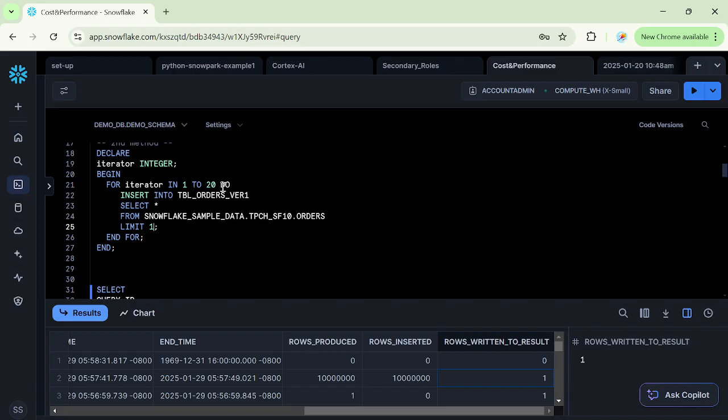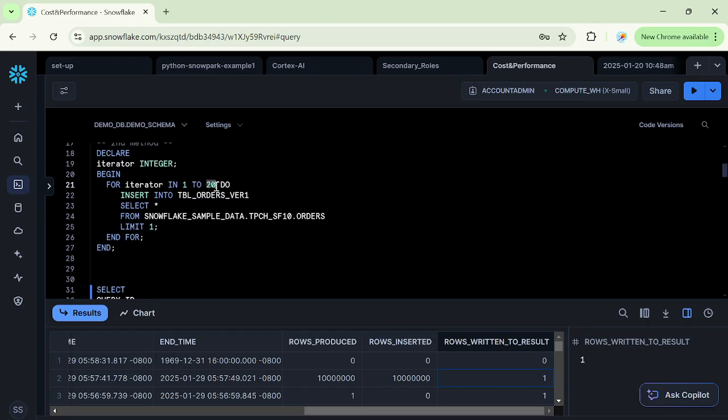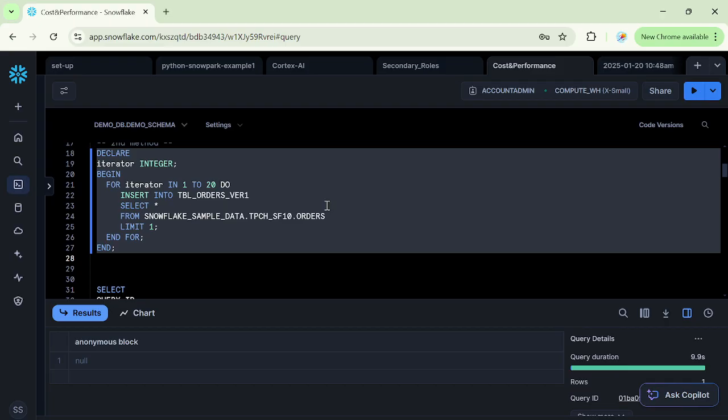In the first method I inserted 10 million records. This one I'm going to insert just 20 records. So ideally I am expecting that if the first query took around 7 to 8 seconds, this one will be executed in just milliseconds, isn't it? So let's see how much time it actually takes. I'm trying to insert just 20 records, not 10 million records. You see, it is taking a lot of time. What we did earlier was a batch processing of 10 million records, which got executed in just 10 seconds, and this time just to insert 20 records, it took around 9.9 milliseconds